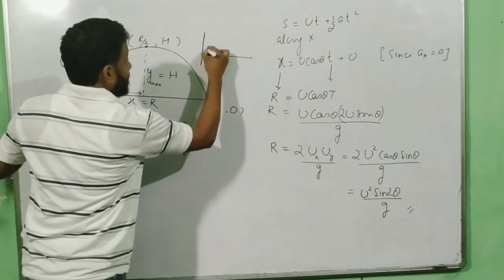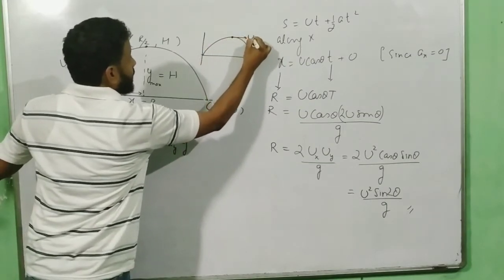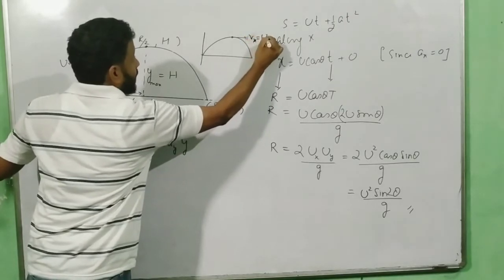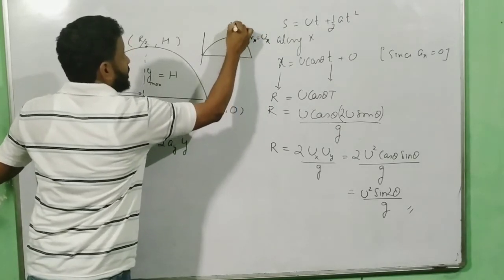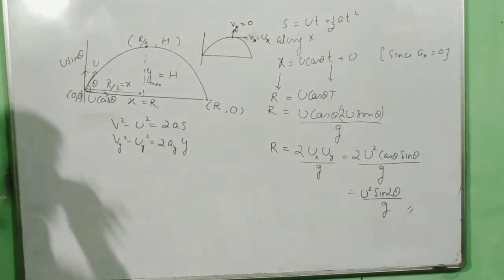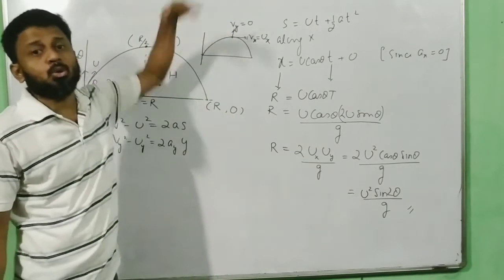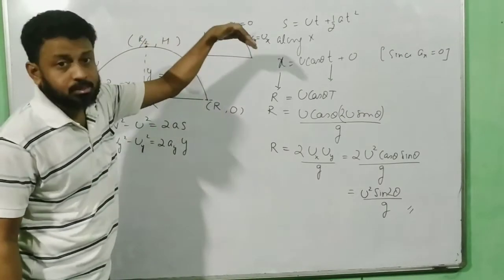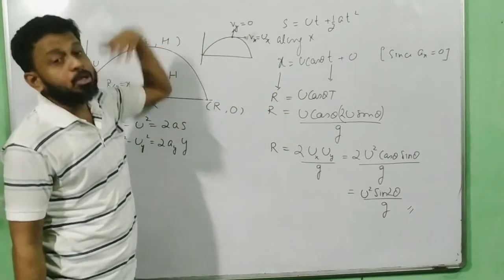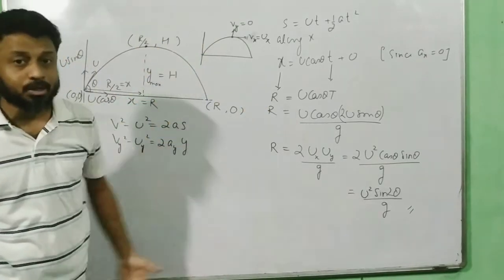So at the maximum height, as the body starts moving, at this point it has only the vx, which is equal to ux, and the vy becomes 0. At the maximum height, velocity is 0. That is the reason why it is turning back. Would it have not been 0, it would have continued to go up. Now since it has attained the maximum height, it is bound to come back. That means it cannot go beyond that. Why is it not able to go beyond that? Because the velocity has become 0.